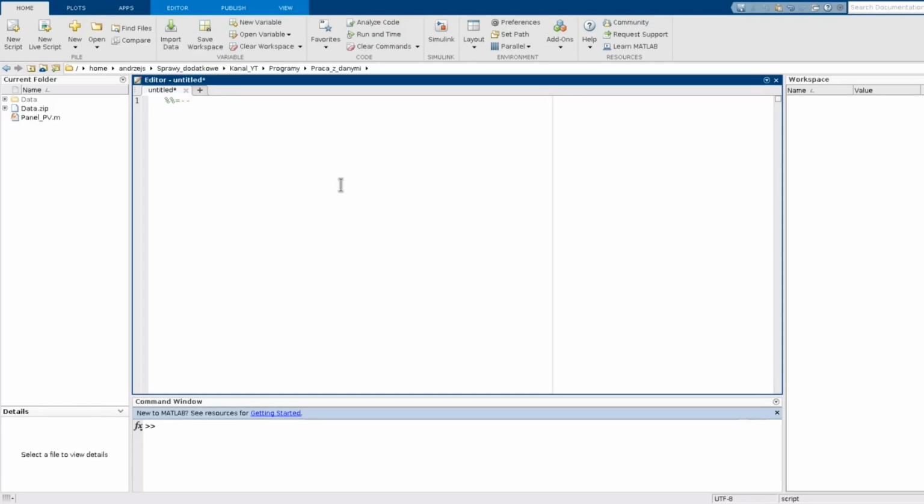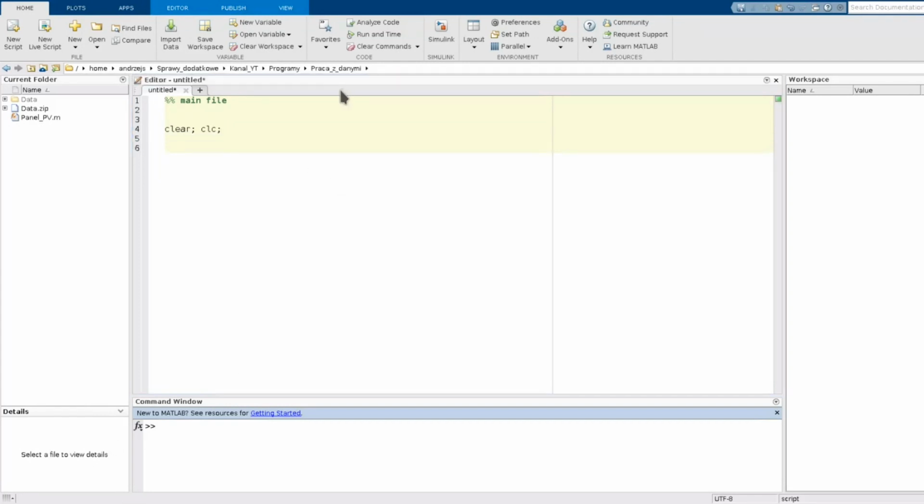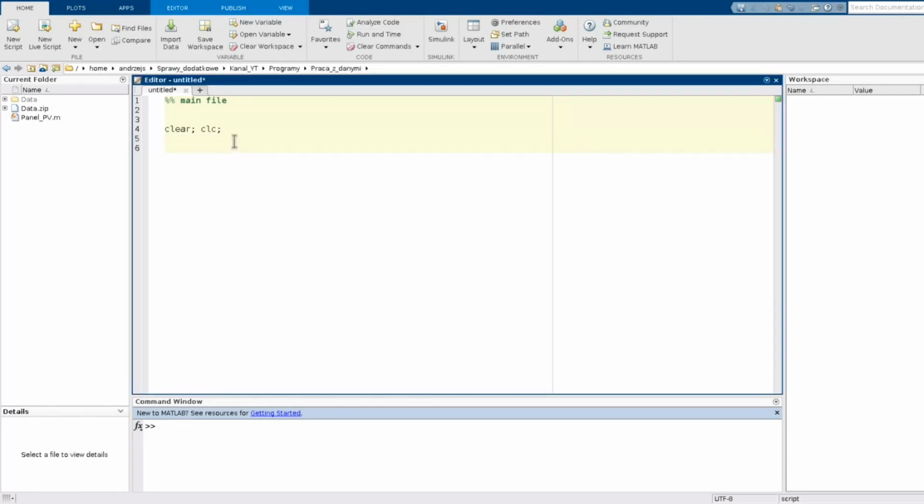So for now I need to load my data which are in the data directory. I need to search in this directory, which is very easy.